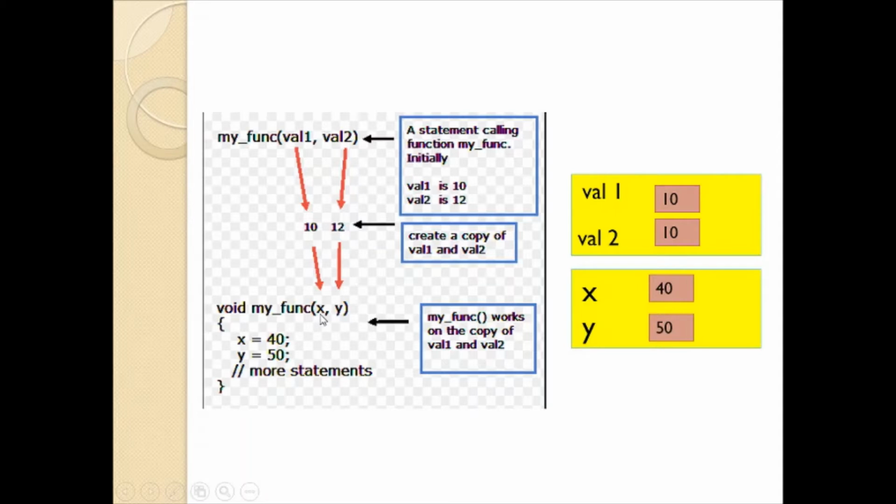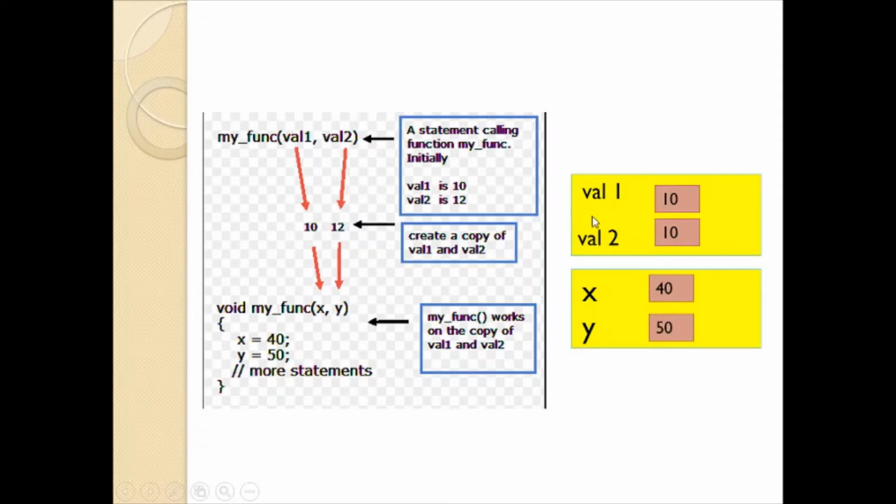Here x and y values are 10 and 20 at this point of time. Next, you are modifying the value of x to 40 and value of y to 50. At that point of time, only the x and y values get modified. It is not affecting the actual parameter value.